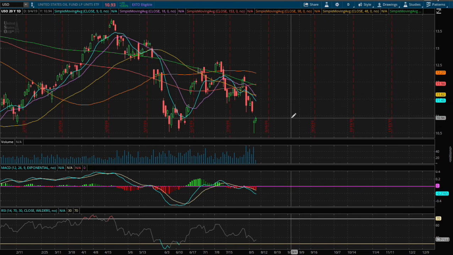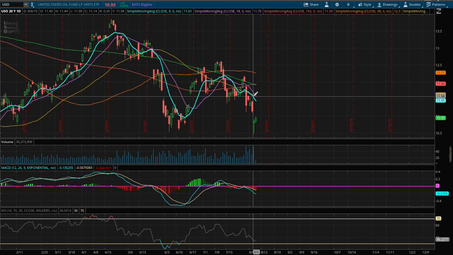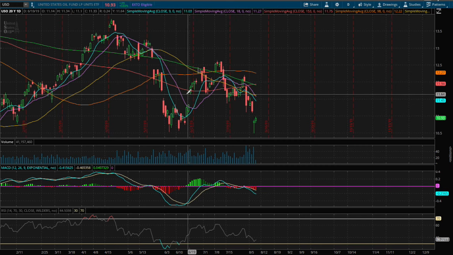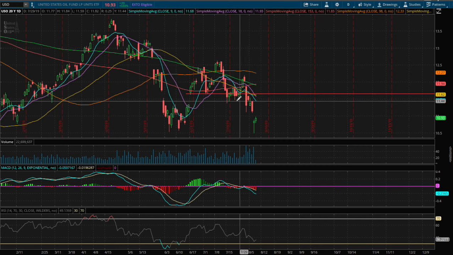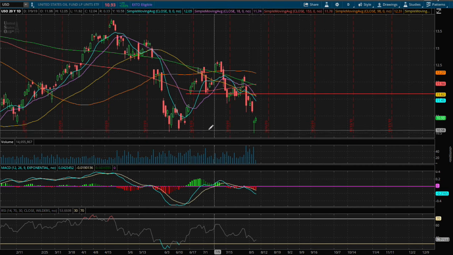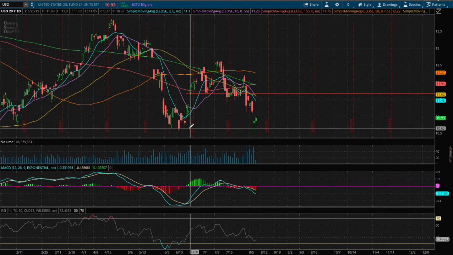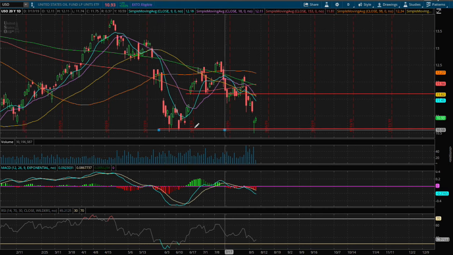And the first resistance that I see is that moving average. I would say between the 9-day and 18-day moving average. Reason why: they were past support, and now since the price is below support, it acts as resistance now. And since we are at support, fairly close to support, I do believe this is still a floor for us